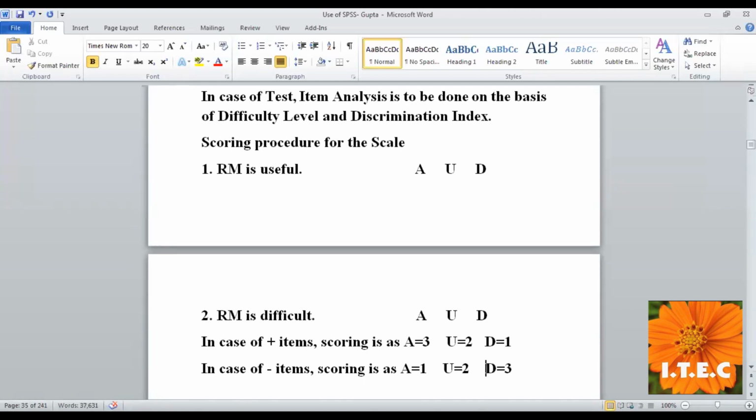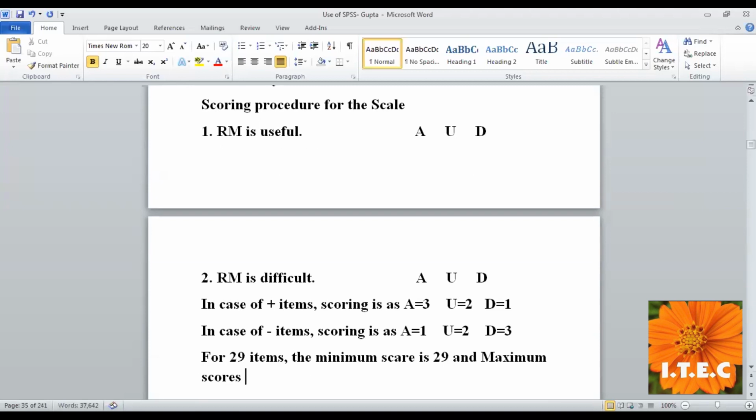Once you do the scoring, you can find out the total score for each person. If you have 29 items, then your minimum score for 29 items is 29 and the maximum score is